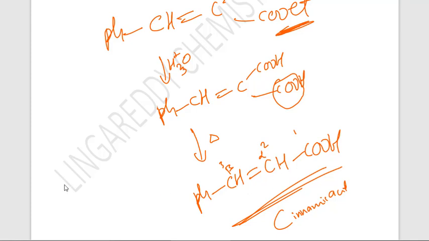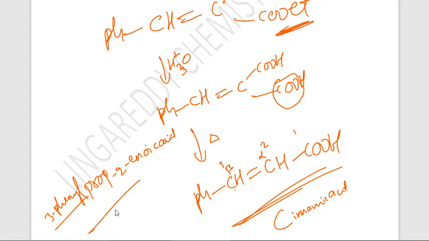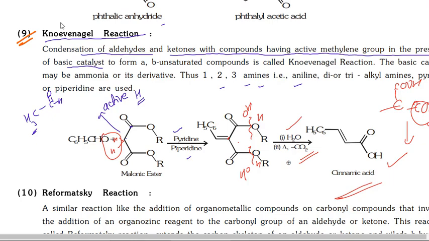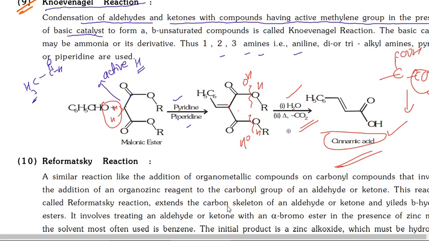I will write here total 3 carbons are there, that's why prop, ene is there, prop 2-ene oic acid. One, oic जरूरत नहीं, oic acid prop 2-ene oic acid. This third position phenyl is there, that's why the substitution 3 phenyl prop 2-ene oic acid. Okay, you can see this one. Next, Reformatsky reaction.